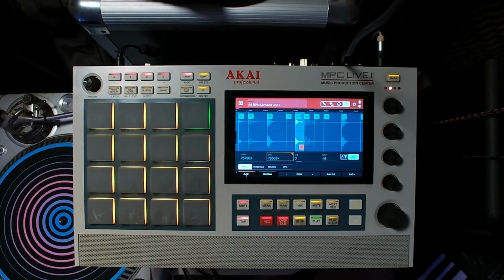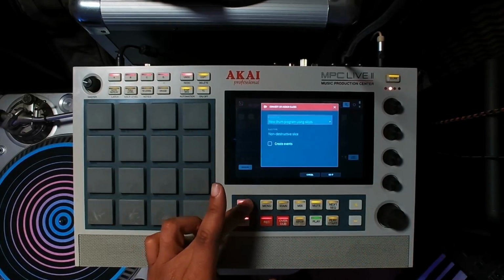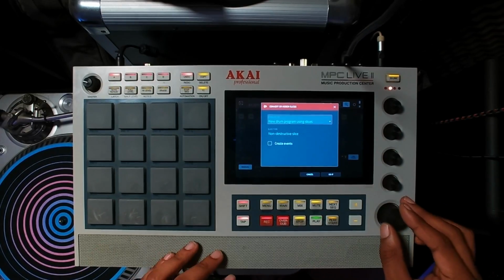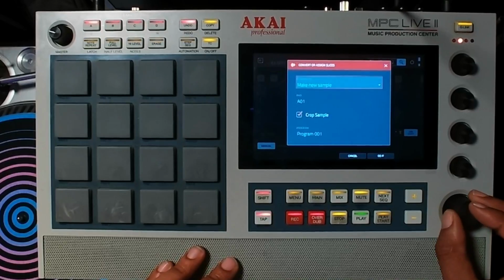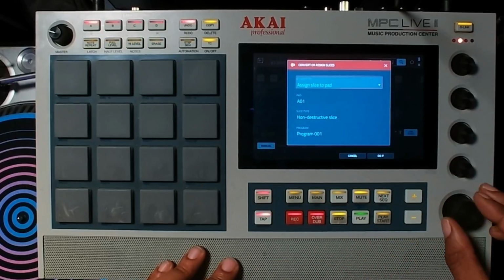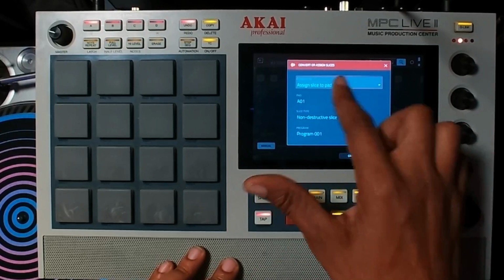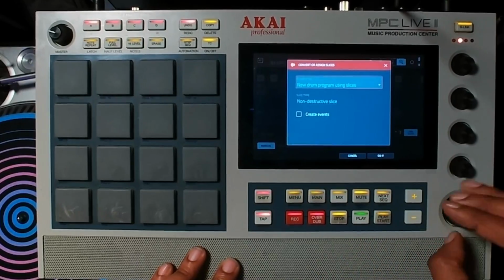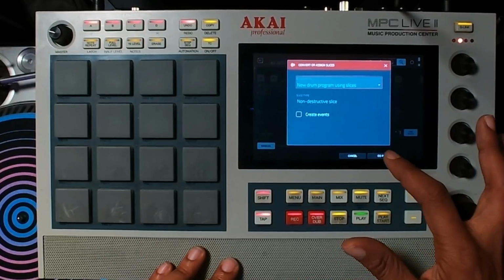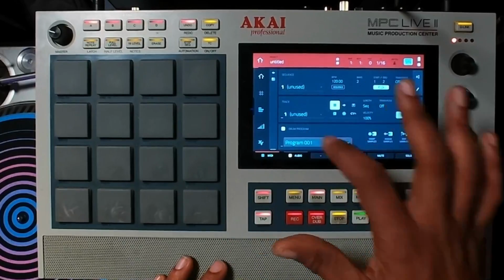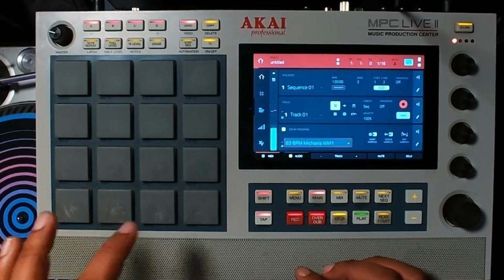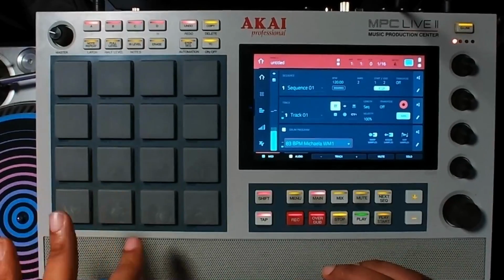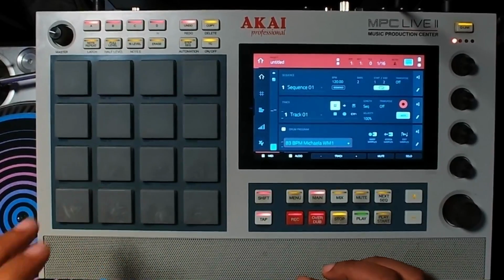So the next step, once you're done, just hit shift, convert, and we're gonna use a new drum program using slices non-destructive, but you can also do make new sample or make samples out of those. You can also assign slices to pad, but I'm gonna go ahead and just use the traditional way. So we're on the main screen now, and what we need to do is select that drum break, make good note of it, but you'll notice that it cuts off, which is cool if we were just gonna use it like this,